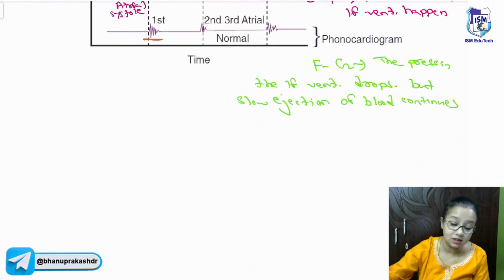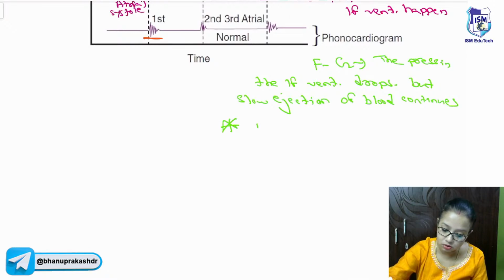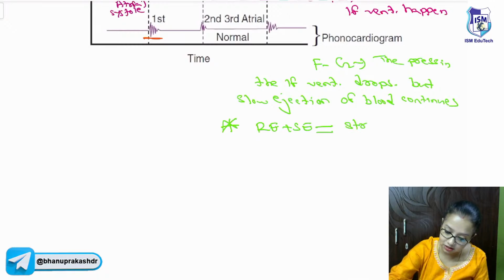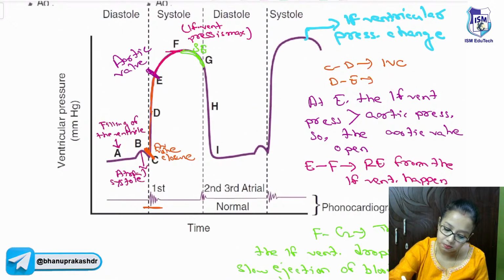And additionally, in the previous class, what did we study? It is the rapid ejection plus the slow ejection that makes the stroke volume. So, point to remember, it's a revision for us. Rapid ejection plus slow ejection makes a stroke volume. Now, at the point G, the event that is happening is the closure